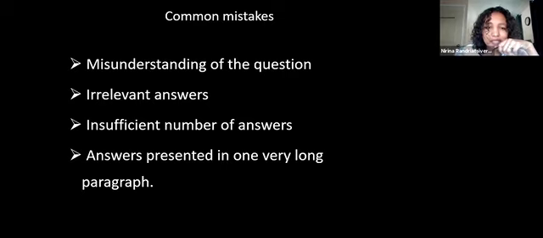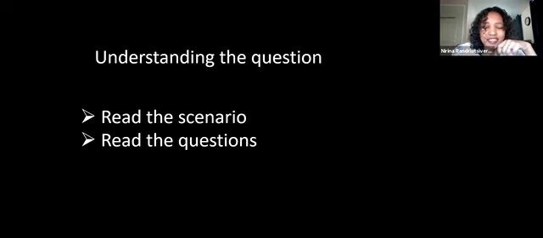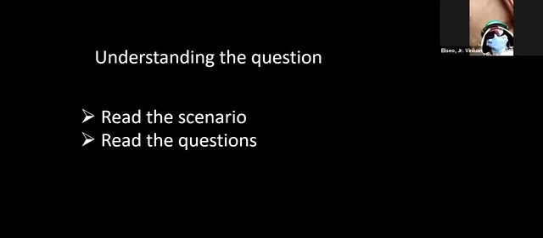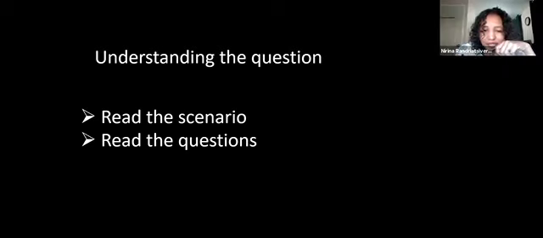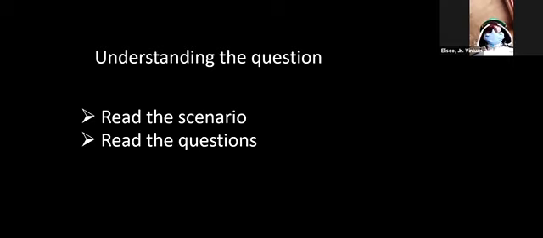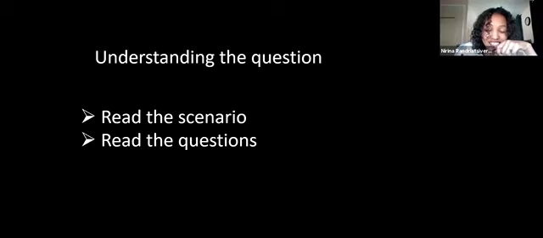So these are, I think, the most common mistakes. Let's try to look at them one by one and address what tips you can use to avoid those common mistakes. So, understanding of the question. Two things. Since in this OBE we have a scenario, it's not just a question like what we had before with the closed book exam. You have the question, then you need to understand the question, then read. Here we have additional information in the form of the scenario. So understanding the question includes understanding also the scenario.